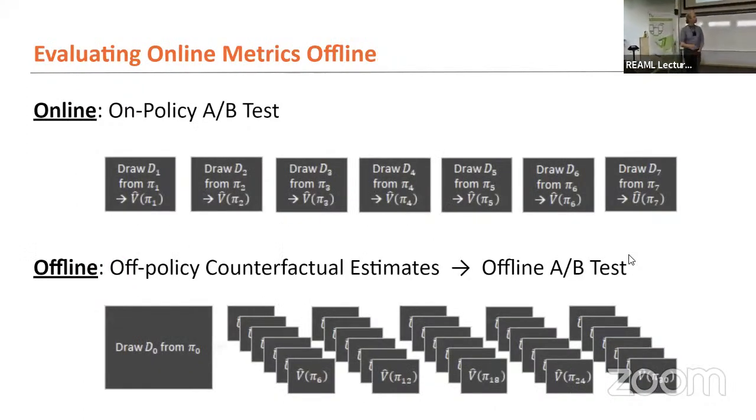So this is the online way of evaluating policies. You field policy pi 1, you draw data from this policy by putting it into your system, and you estimate the reward. Then you field policy pi 2, and you do this sequentially. Maybe some of this you can do in parallel, but it takes a long time. And every time you throw away the data that you've previously gathered. The data you gathered from evaluating policy pi 1, you're no longer using to evaluate policy pi 2. That seems wasteful. You're always collecting new data and then throwing it away.